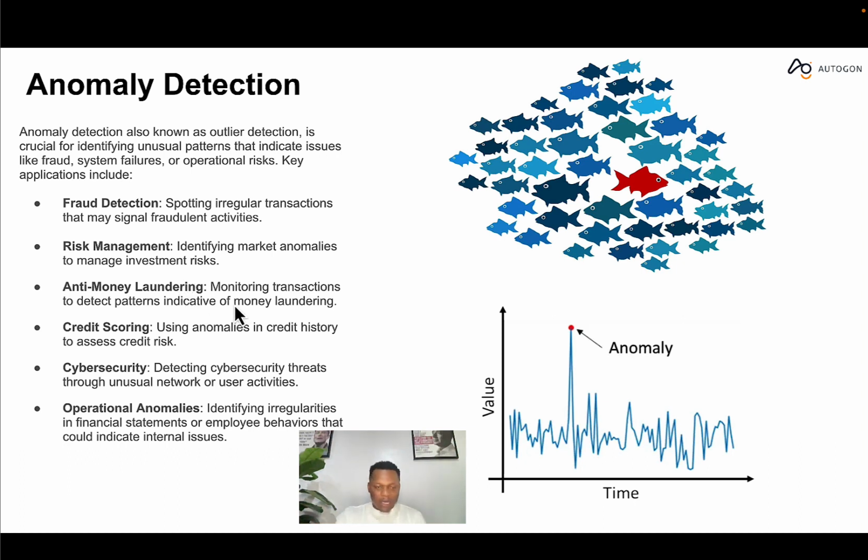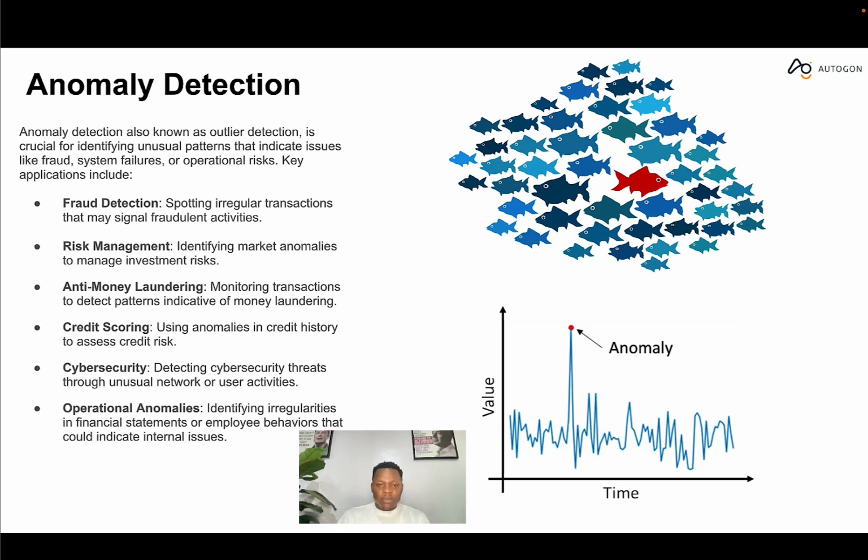Anti-money laundering, yes, monitoring transactions to detect patterns indicative of money laundering, very important. Credit scoring, using anomalies in credit scoring to assess credit risk. Yes, sometimes you might not have the full information to really vet credit risk, but when anomaly detection comes in, it gives you a more